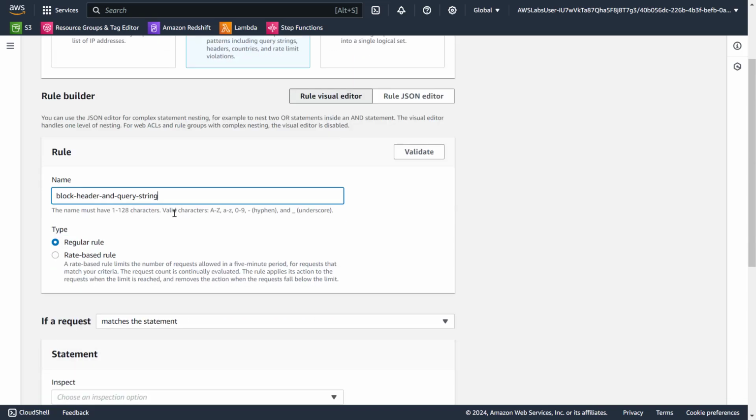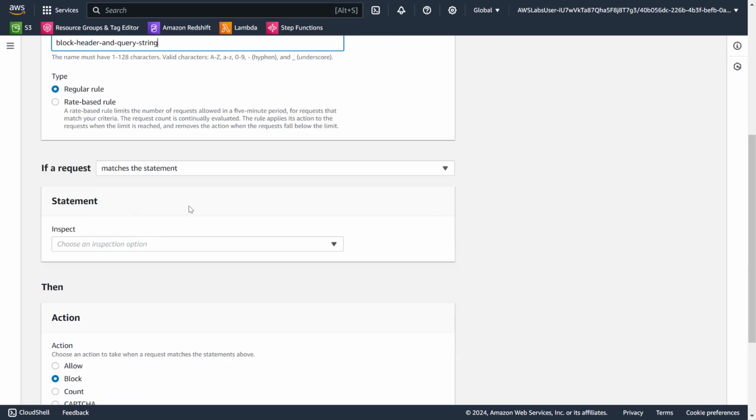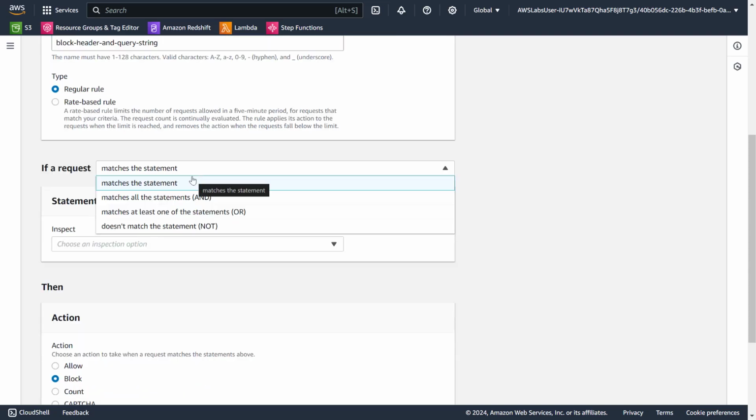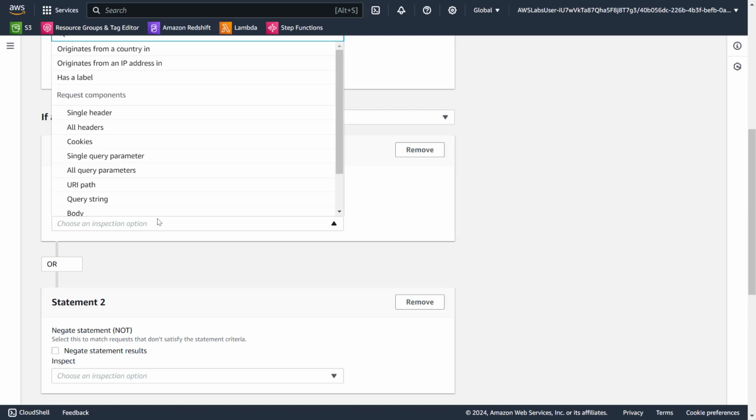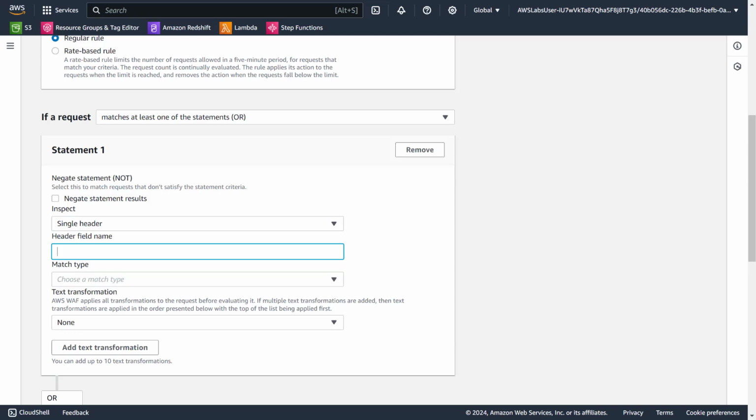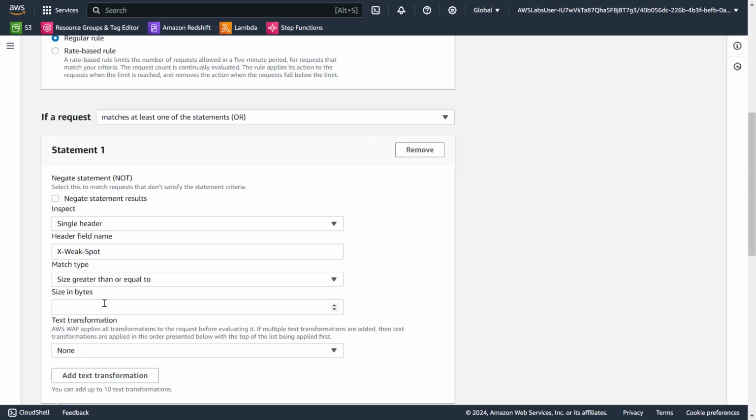Okay, and this is going to be a regular rule, and it's going to be matches at least one of the statements because we are going to add two statements. And this is going to be either it matches single header, and header field name is this one, and if it has size greater than or equal to 0,